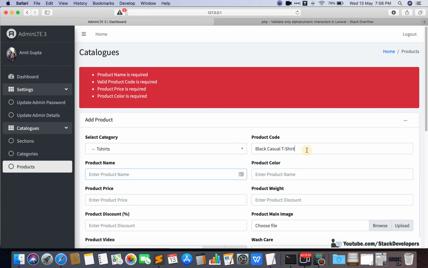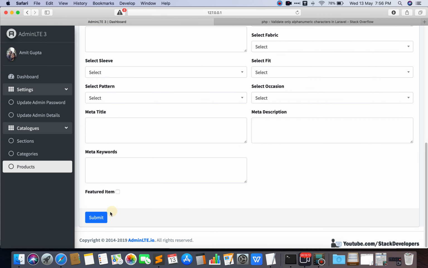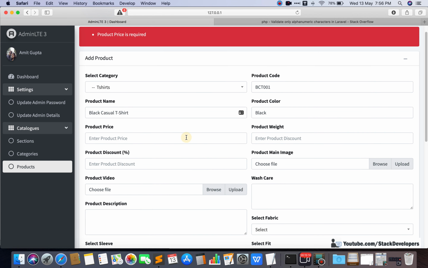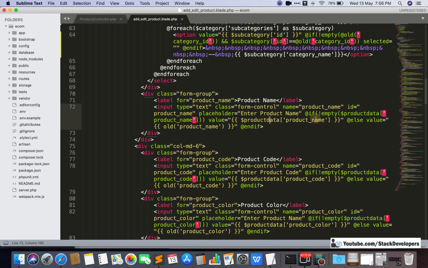Like product name. This is the product name. I'm going to pick this one. Okay, BCT001, and product color is black. So I am not going to fill another field. Okay, this is also mandatory, but I am not going to fill it now. Four fields must come, data must come up in these four fields. Okay, you can see the data has come up here. Only the user needs to fill the product price, no need to fill these four fields, as these are automatically filled, because we have already added these conditions here.